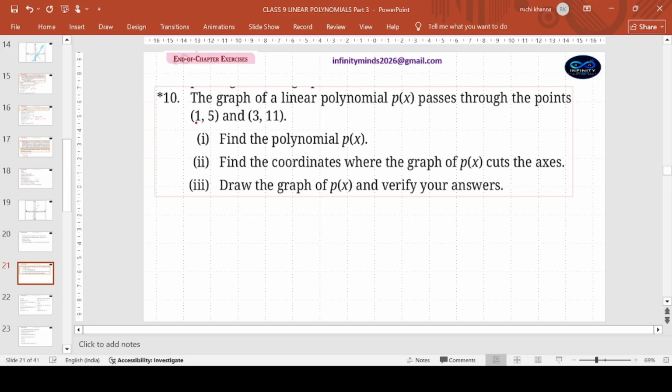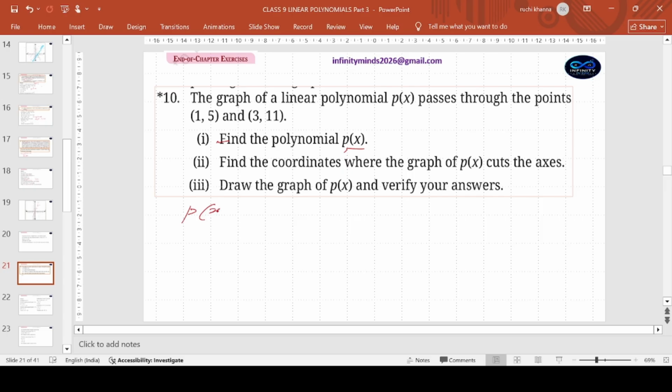The graph of a linear polynomial p(x) passes through the points 1, 5 and 3, 11. Find the polynomial p(x). Find the coordinates of the points where the graph of p(x) cuts the axes. Draw the graph and verify your answers. First things first, polynomial in x. So what is a polynomial? As we all know,